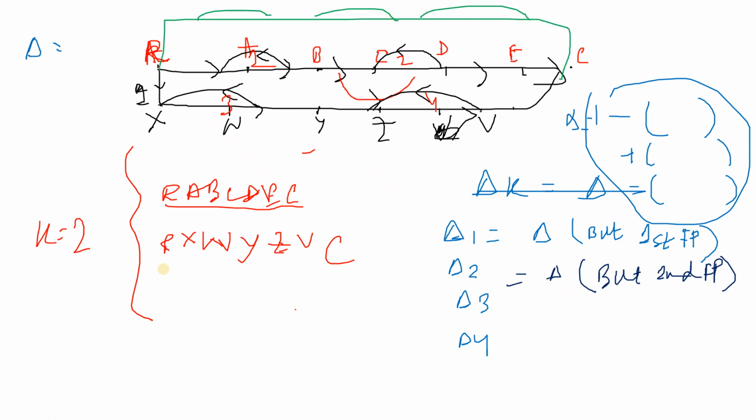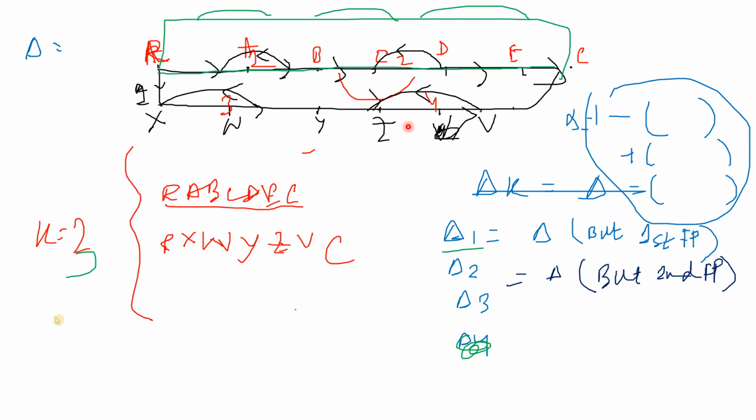Suppose we have another path like this. Another path is there. Here also loops are there. Okay. So in that case we will consider that forward path also. Okay. In that case, when you calculate delta 1, then this forward path you will not take. You will calculate the delta value with the other forward path.